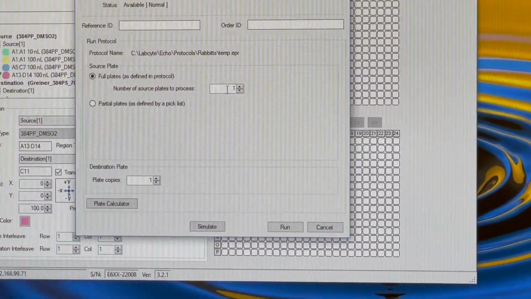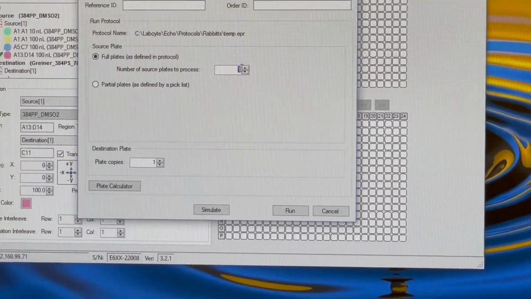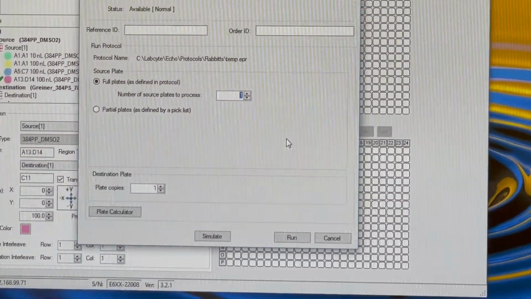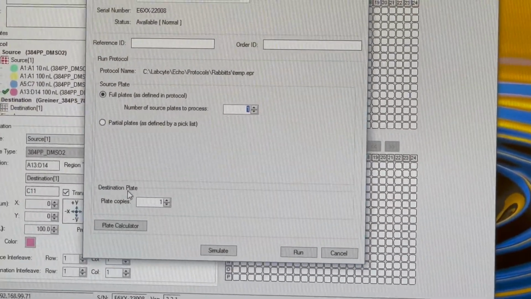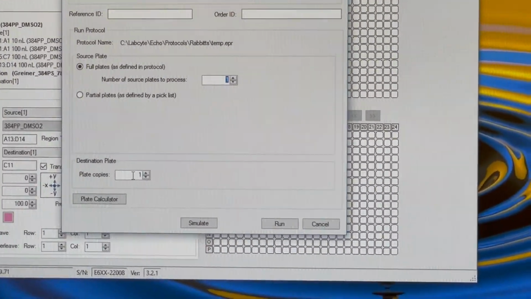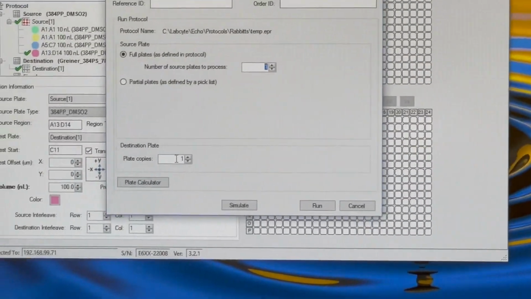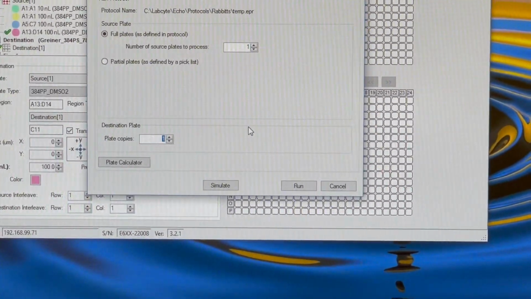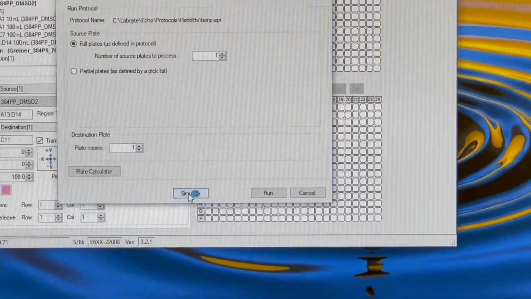And then you say how many source plates you want. So this would be like if you have multiple compound library plates that you want to dispense from. You can also say how many destination plate copies you want to make of each. So if you had, you know, 3 cell lines on different plates, then you might need 3 different plates. And you can click simulate